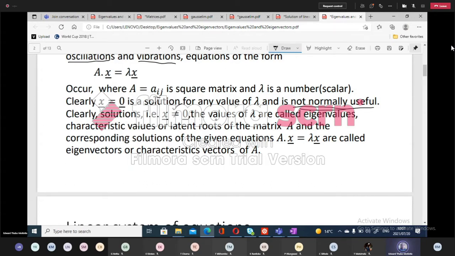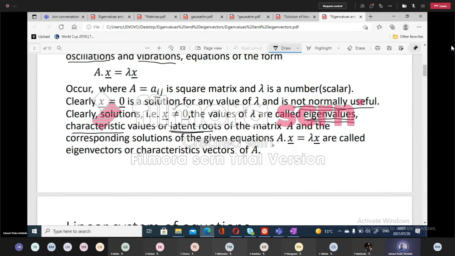The values of lambda are called eigenvalues. Sometimes they call them characteristic values or latent roots of a matrix A. Those are different names given to lambda. And the corresponding solutions of these given equations,